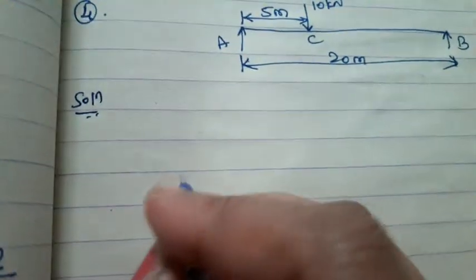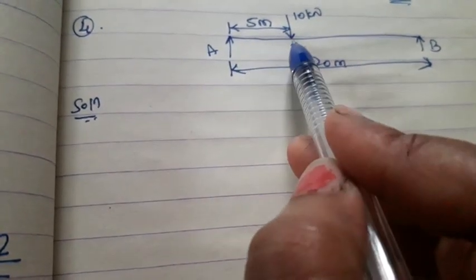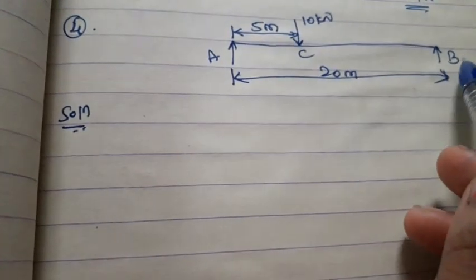What we have to do, first we have to find out RA and RB. What we have to remember here is, for AC portion we will have the negative, and for CB portion we will have the positive, because of this shear force condition we prefer. We all know about this. This we consider as positive and this we consider as negative for a shear force.